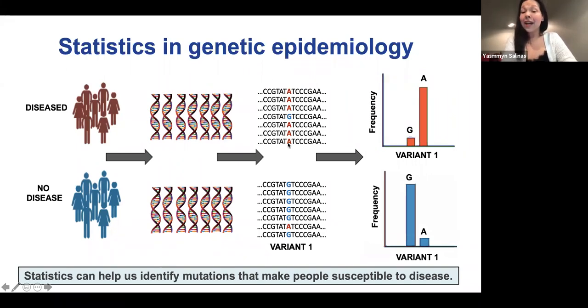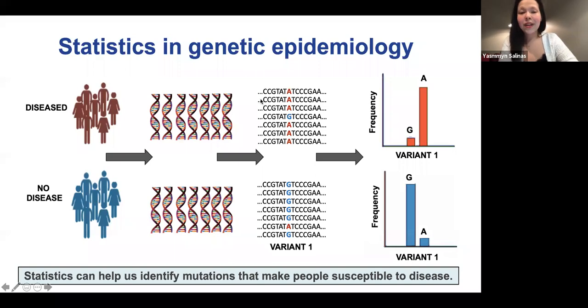The A allele, the A version of the DNA sequence, would predispose people to having this disease. This could be coronavirus, obesity, or heart disease. Whatever disease these people have, that's what this A allele variant would be associated with. And the statistics would help us make sure that these differences are statistically significant and hopefully clinically relevant, so that we can do something to target the specific region of DNA.